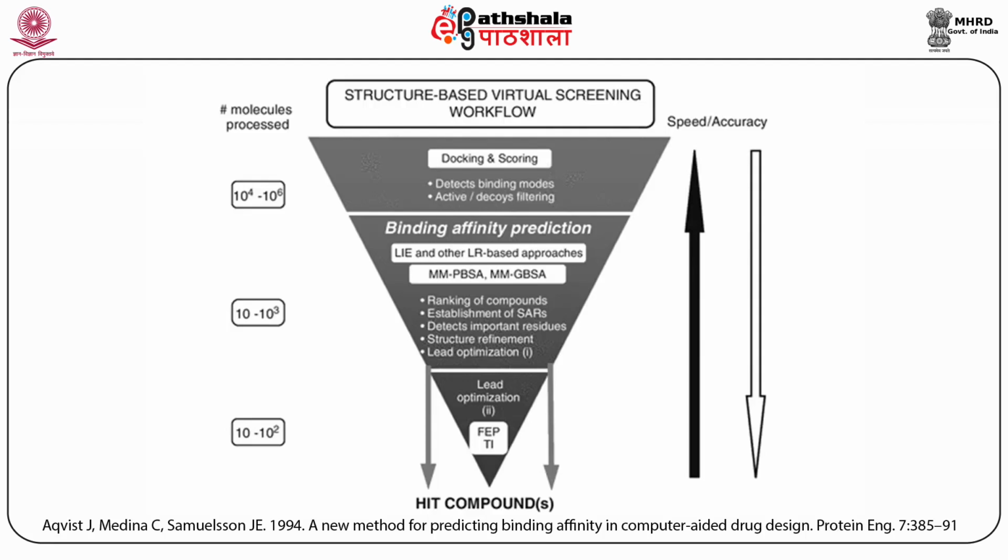However, the speed of calculation would be really slow, and the number of molecules feasible to process using free energy perturbation techniques, including enthalpy and entropy and everything, would be hardly 100. At the same time, you can process almost 10 to the power 6 molecules by using a rather easier method called docking and scoring. Hence, the question is how we balance it. Maybe one should do the docking etc., filter a few specific compounds, and then do the thorough calculation so that you are confident that what you are predicting is almost within 1 sigma error